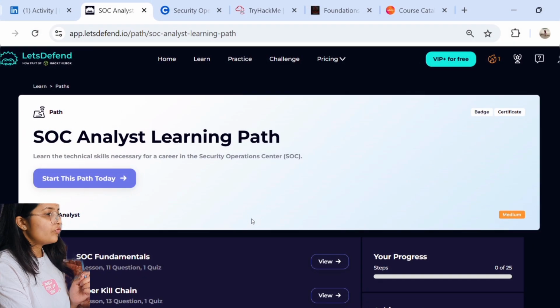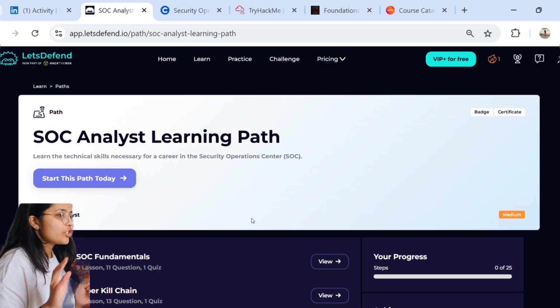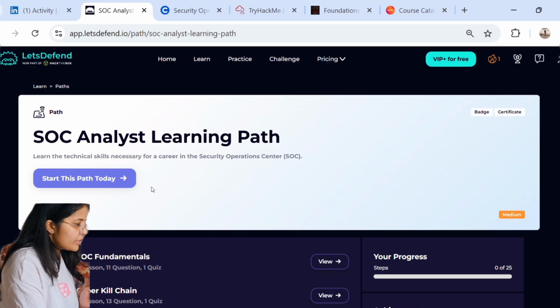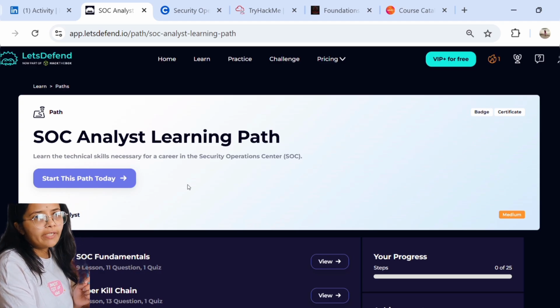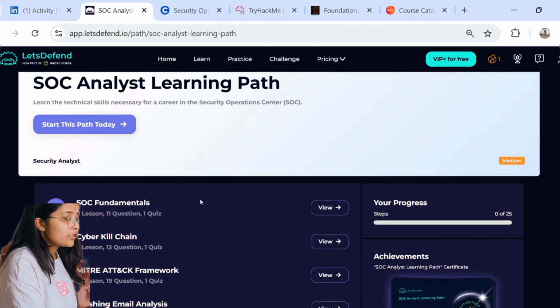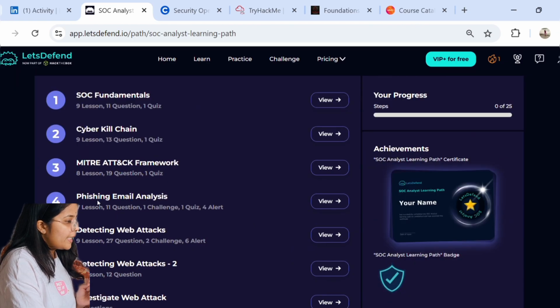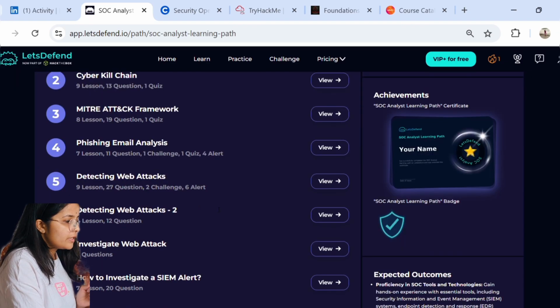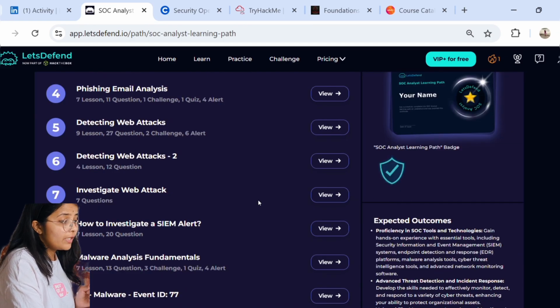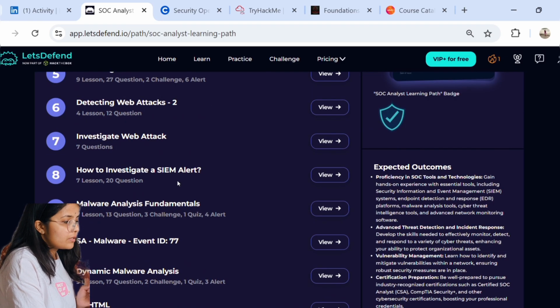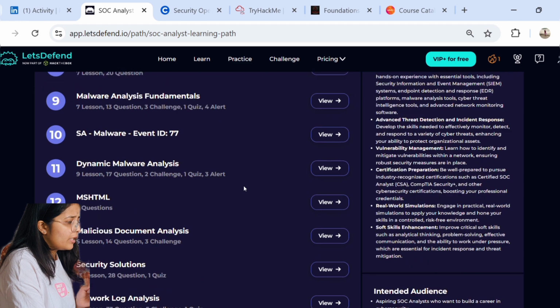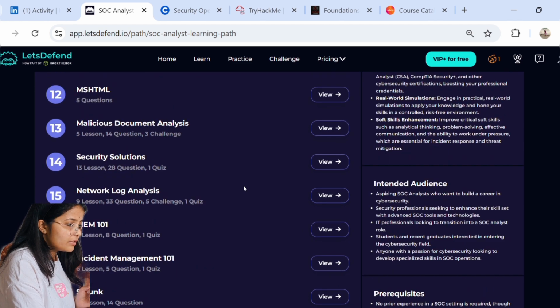Okay, so this is the first one, the LetsDefend SOC Analyst learning path. It includes 25 different modules. It starts from the basics, which include SOC fundamentals, cyber kill chain, and the MITRE ATT&CK framework. Then it takes us to phishing email analysis, detecting web attacks, part 2, investigating web attacks, how to investigate a SIEM alert, everything, malware analysis, malicious document analysis,